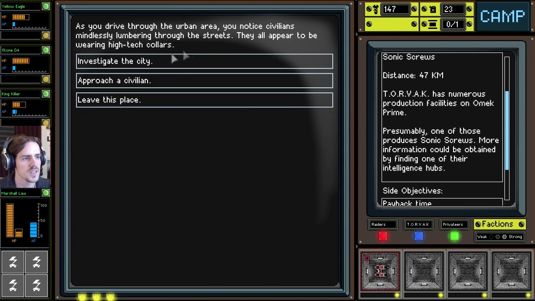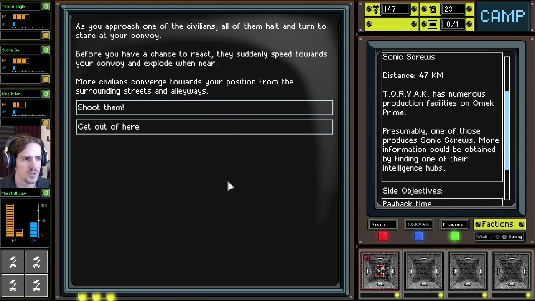Let's investigate this city. Why? Oh, I see. As you drive through the urban area, you notice civilians mindlessly lumbering through the streets. They all appear to be wearing high-tech collars. Actually, let's approach him. What's he say? As you approach one of the civilians, all of them halt and turn to stare at your convoy. Before you have a chance to react, they suddenly speed towards your convoy and explode when near. More civilians converge towards your position from the surrounding streets and